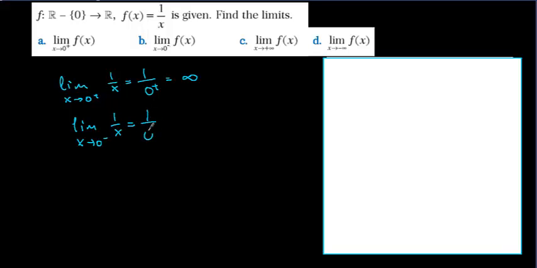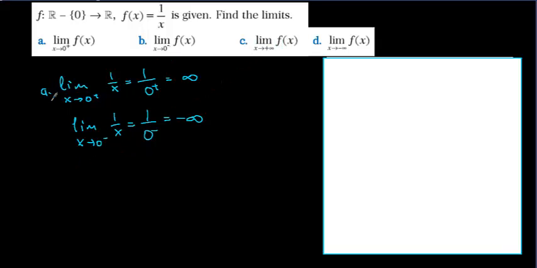Here, the limit as x tends to 0 from the positive side of 1 over x is equal to 1 over 0 plus, which means infinity. I tried to explain that with 0.01 and 0.001. And the limit as x tends to 0 from the negative side of 1 over x is equal to 1 over 0 minus, and that is equal to minus infinity. So for 0, the limit doesn't exist. First we should understand that one. Second part,